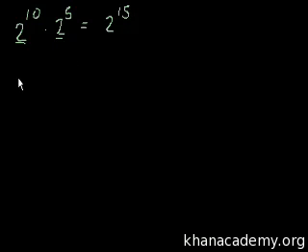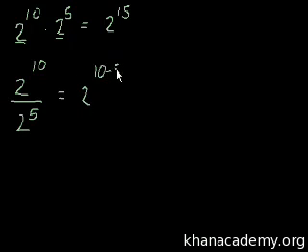We also learned that if it was 2 to the 10th over 2 to the 5th, we would actually subtract the exponents. So this would be 2 to the 10 minus 5, which equals 2 to the 5th. And at the end of the last presentation, and I probably shouldn't have introduced it so fast, I introduced a new concept. What happens if I have 2 to the 10th